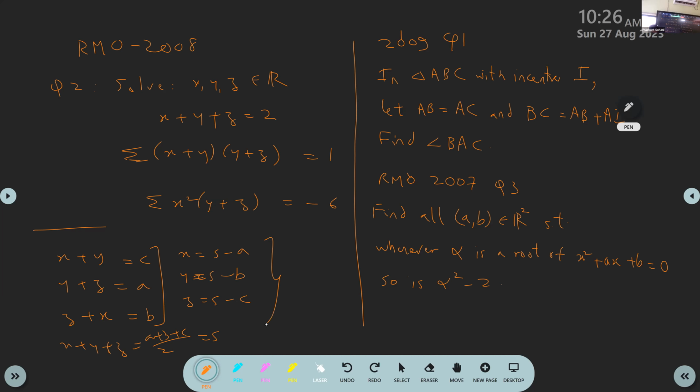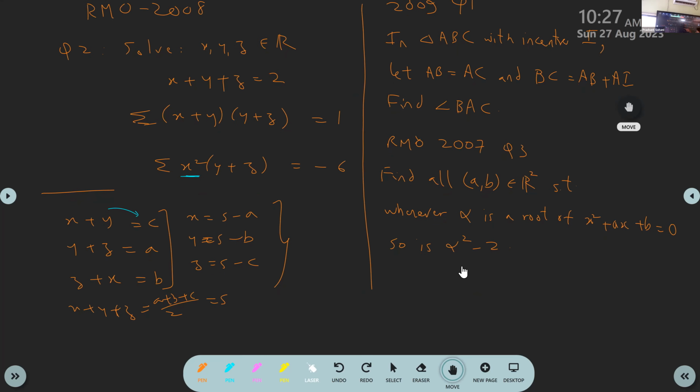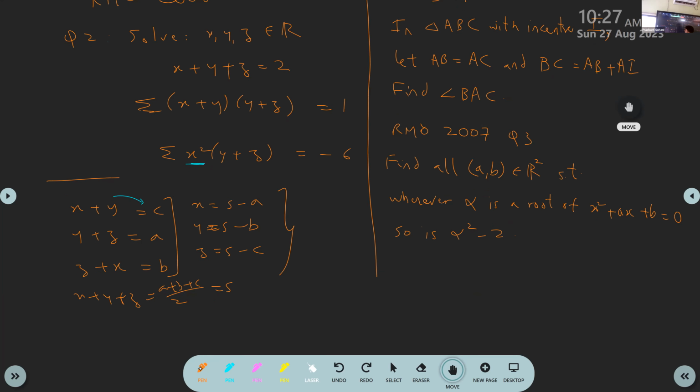And the reason why this may be a nice idea here is because everything is in terms of x plus y, apart from this x square term. Everything is written in terms of x plus y. So therefore, instead of writing x plus y again and again, we are making this substitution. We'll call them a, b, c. So if we do that, our original expression becomes something like this, right? So the first information, x plus y plus z equal to 2, can be simply written as a plus